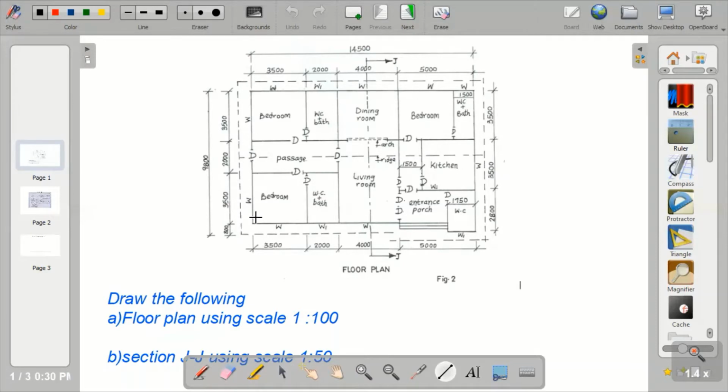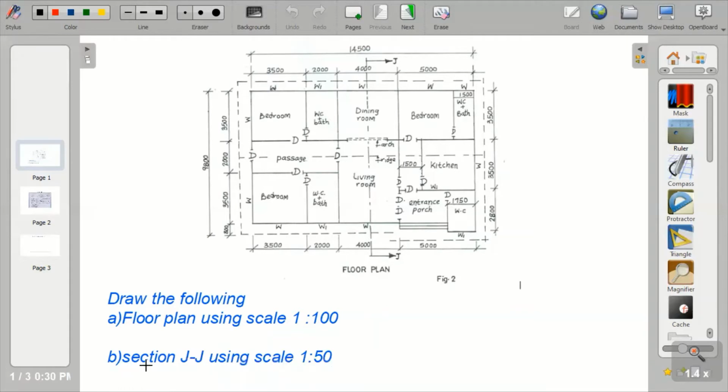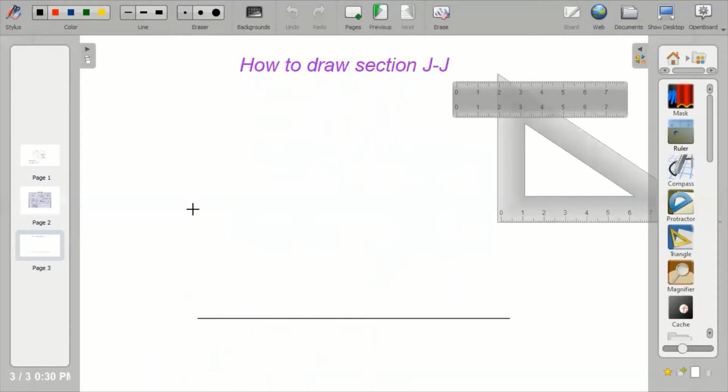14.5 by 9.8. So when I'm drawing section JJ using scale 1 to 50, I'm to multiply 9.8 by 2. That will give us 19,600, which is 9.8 multiplied by 2. So the first thing I'm going to do, I'll draw a thin line which is equal to